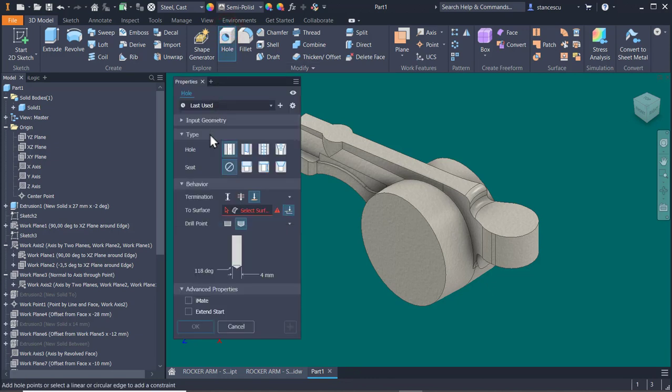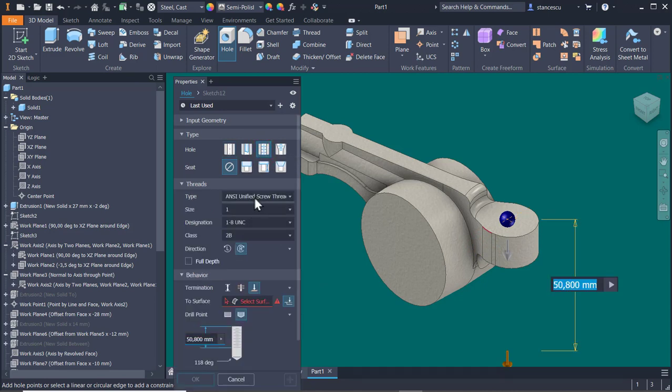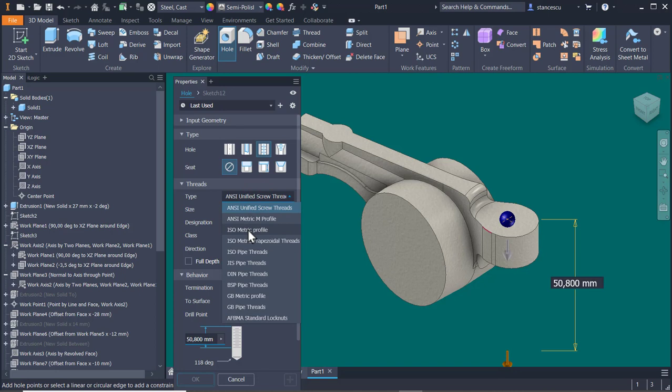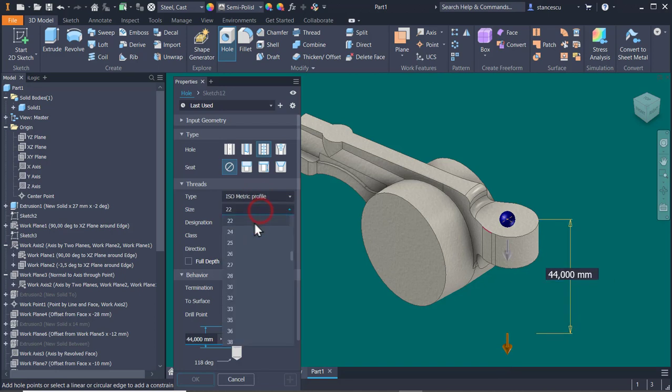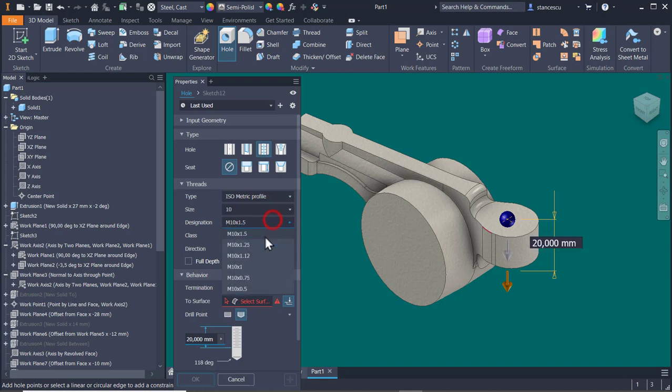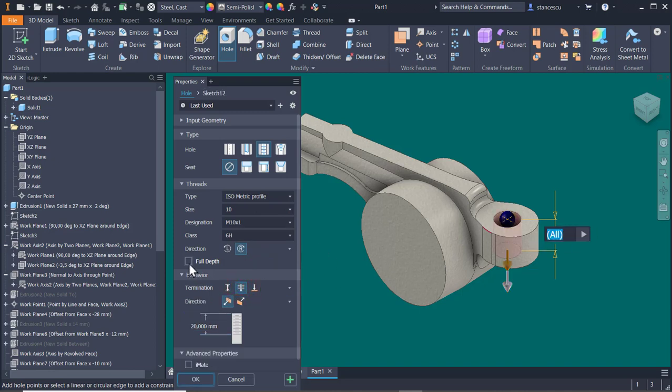Hole on this face, center thread, ISO 10 with a pitch of 1, which is finer, through full depth of the thread,